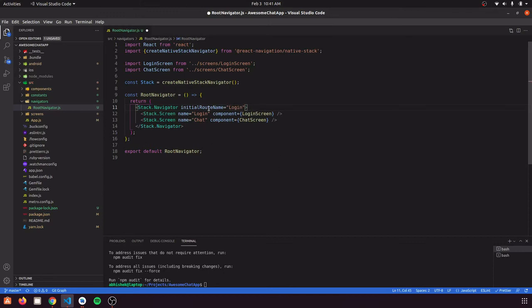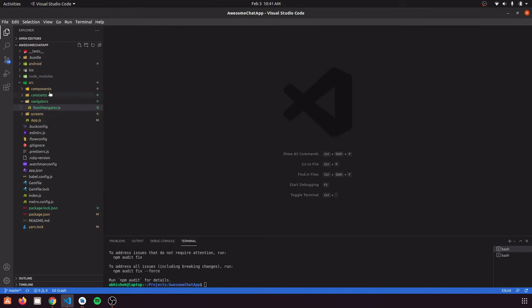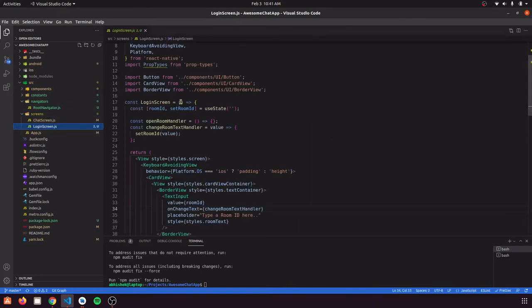So now we are done with our stack navigator, and now we need to modify our screens accordingly. First we will go to these screens, login screen and chat screen. Now instead of an empty prop, we are having a prop here that will contain a route and a navigation. Navigation is an object that is used to navigate from one screen to others, and it keeps all the information about navigation.